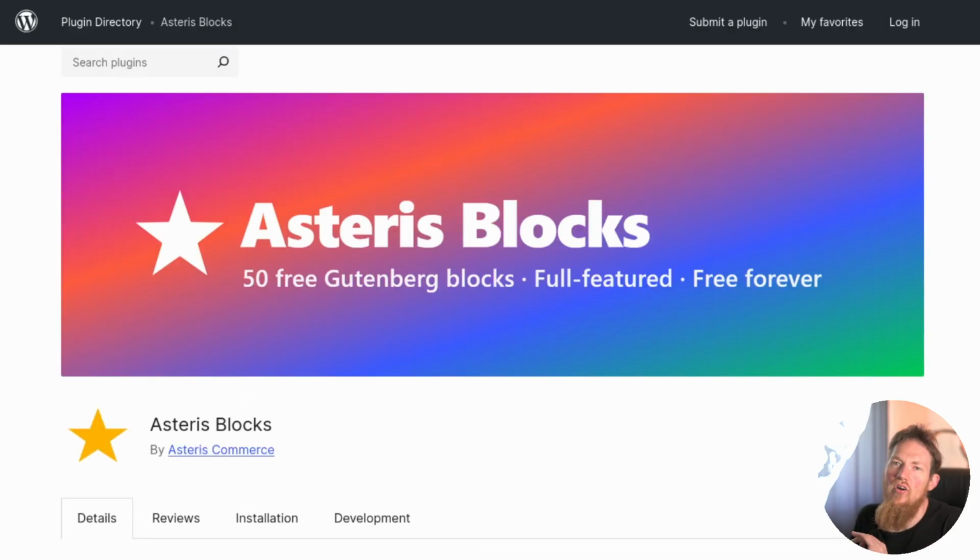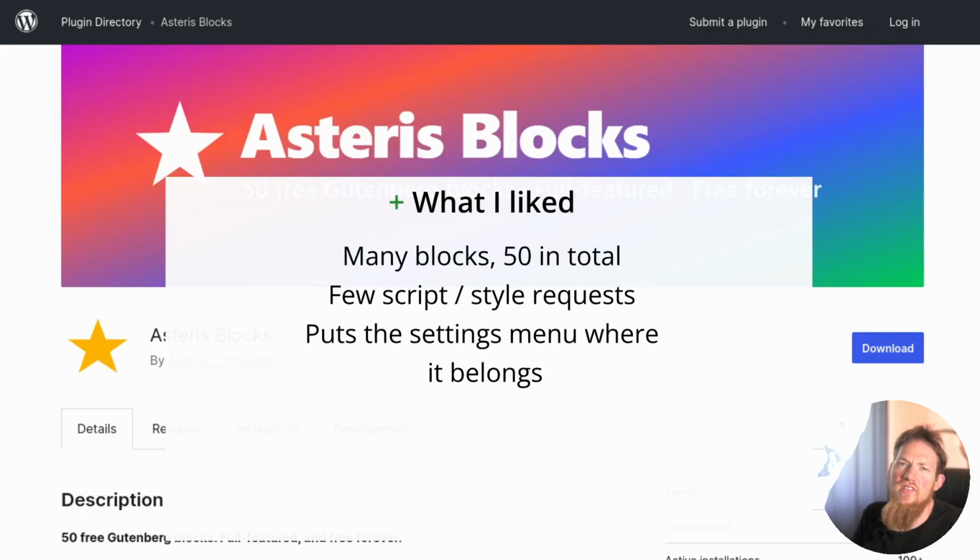So Asteris Blocks is available in version 1.0.0. It's a free plugin, forever free. It is available in English, and if 50 blocks is not enough for you, there is also a pro version that adds a few more. What I liked about it was that it has many blocks, like 15 total, so that's quite a lot. It has not a lot of scripts and styles that are getting requested. A lot of that is bundled in one, and also it puts the settings menu where the settings menu belongs,